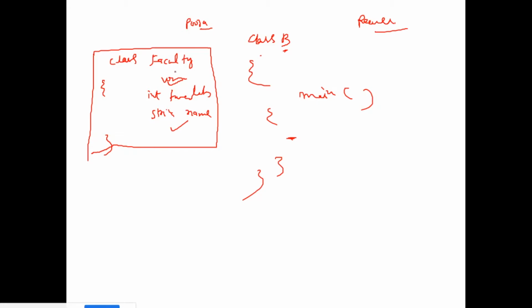If I want to make the object of this faculty class, just write faculty over here, f is equal to new faculty, right? And if there is some method like a print method, void print, I can call it by f dot print, right? f dot print.